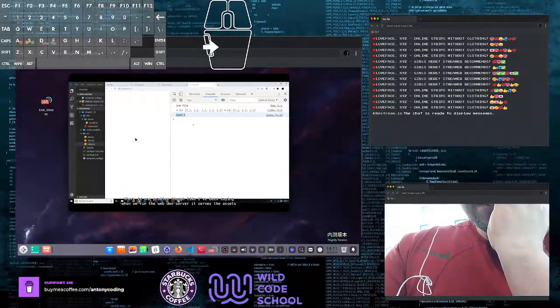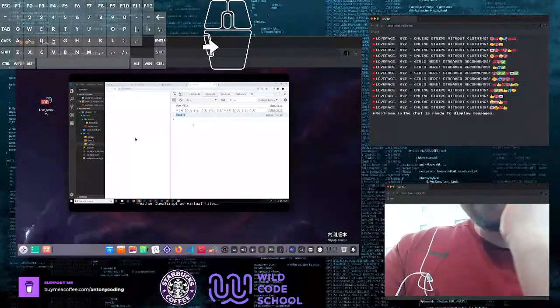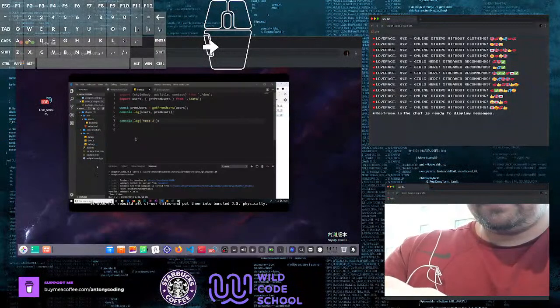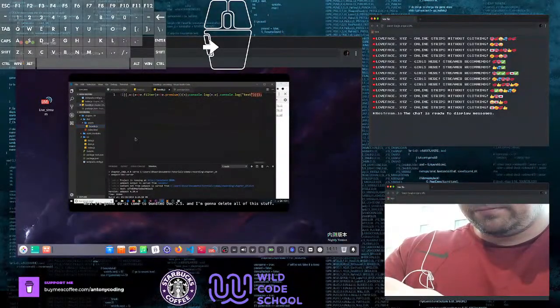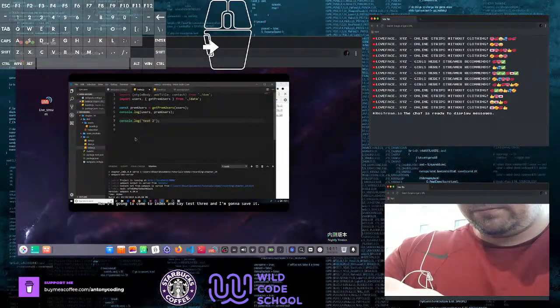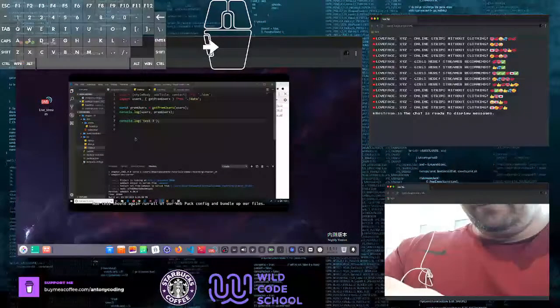Like I've been saying, when we run the Webpack Dev Server, it serves the assets, i.e. the JavaScript, as virtual files. It does not rebuild all of our files and put them into bundle.js physically. Now I can demo this. I'm going to come to bundle.js and delete all of this stuff. Now I'm going to come to index and say test3, and I'm going to save it. Now this should again run all of our Webpack config